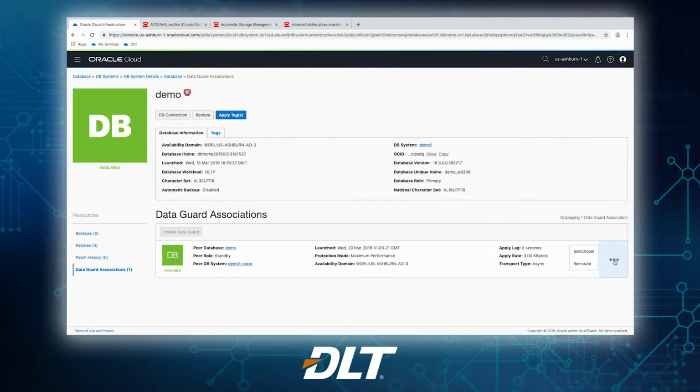But here, suppose we want to do a graceful switchover. We just come down and we gracefully switch over to another standby database. That database could be in another fault domain, or it could be in another data center. So that's part of our strategy for providing high availability and failover.